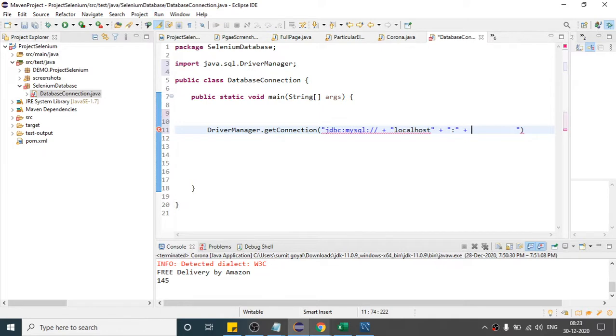If you remember, I told you that by default when you run the setup, it will ask you somewhere for the port number. By default it will be set to 3306, so let it be 3306, right? And after that again provide the plus sign, and in the double quotes provide the database name. So what is your database name? In the double quotes provide your database name, so first you have to provide one forward slash, and what is your database name?